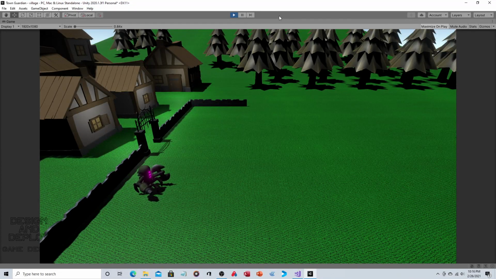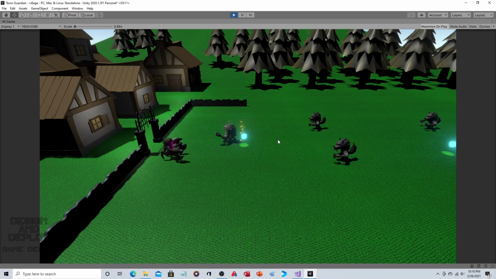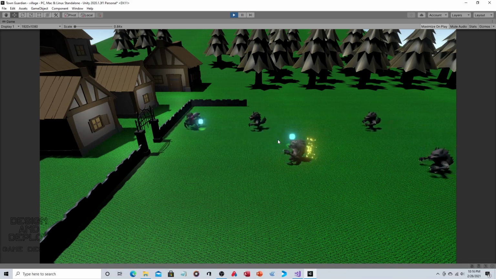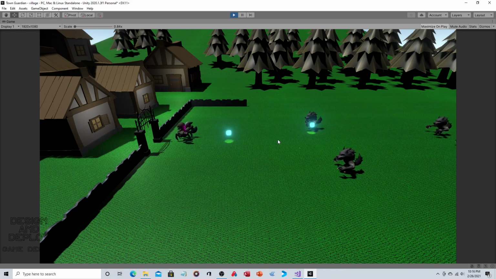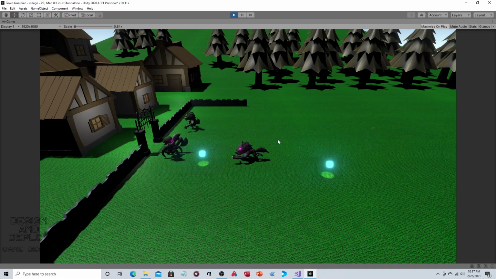Hey everyone, so in this video we're going to look at how to spawn waves of enemies. Just like the others in this series, this is part of a game that I'm working on, so this is a much more intermediate tutorial. It's not introductory, it's basically for people who already know how the commands work but maybe are having trouble putting